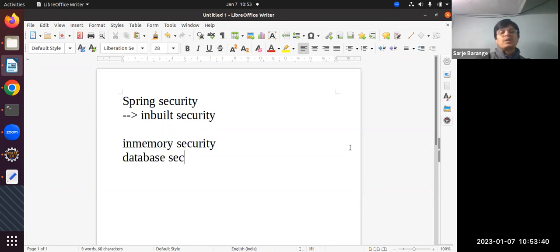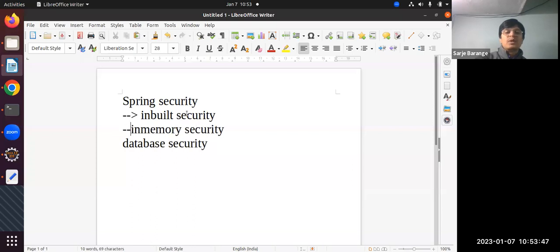It means you can keep the username and password in the database. Again, you will be using the inbuilt Spring Security. The only other option is in-memory. In the case of in-memory, what will happen? Your username and password are saved in